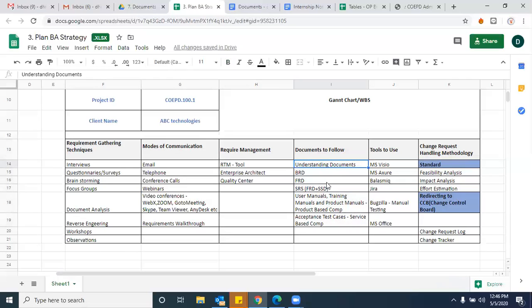See, understanding documents, you are already aware of. Mostly this section would be common for almost all projects. There is nothing much we can choose here. Most of the documents are common for most projects. So BRDs we need to prepare, FRDs we need to prepare, SRS in a few scenarios you need to participate in the SRS preparation as well, once the technical team is coming up with the SDD, right or wrong? Then you need to participate in SRS preparation as well, and in the user manuals and the training manuals you need to participate, right or wrong? Yes.